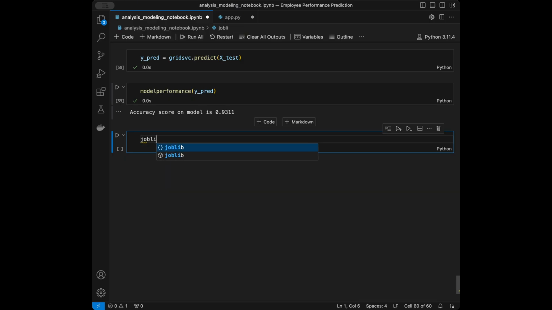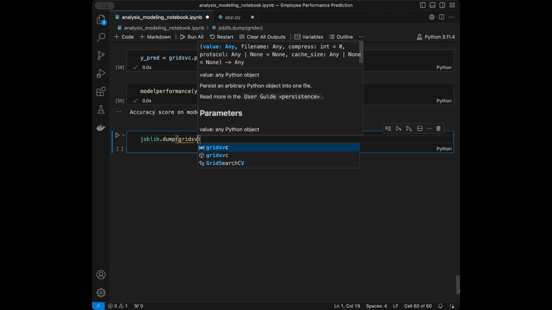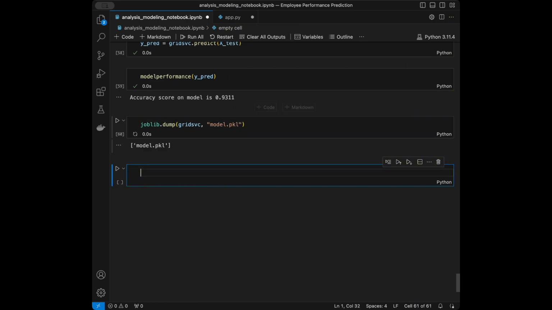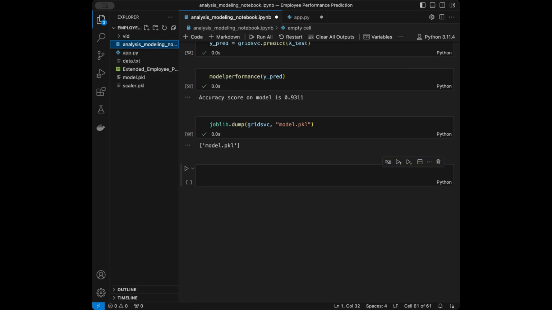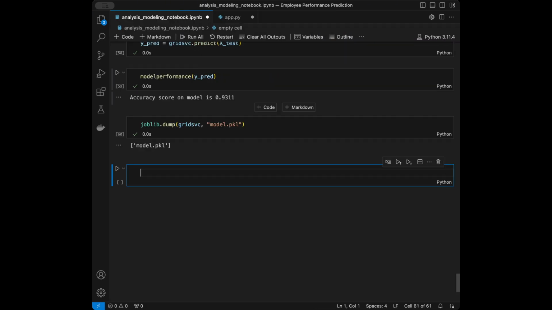I will say joblib.dump, and I'm going to give grid svc like this, and I'm going to export it as model.pickle. So I'm going to have that file in here right now. Model is exported as model.pickle. Great. Now we can continue with Streamlit web app creation since we did feature engineering in here, like